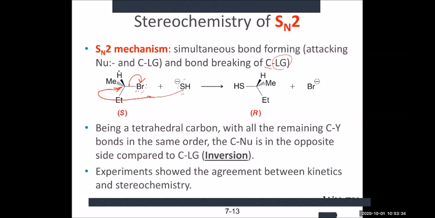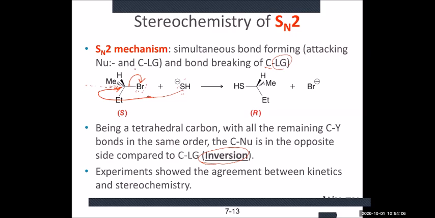Methyl group as a wedge, hydrogen as a dash; or methyl group as a dash, hydrogen as a wedge. After forming the bond, you can see the sulfur bonding from the left, and the hydrogen maintains as a wedge, the methyl group maintains as a dash. So this reaction, we call it inversion. Inversion means